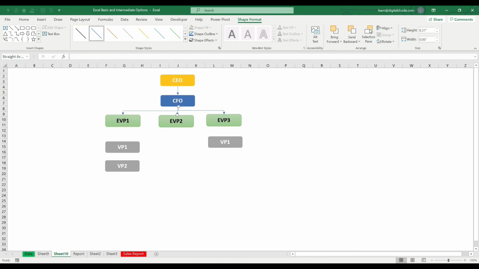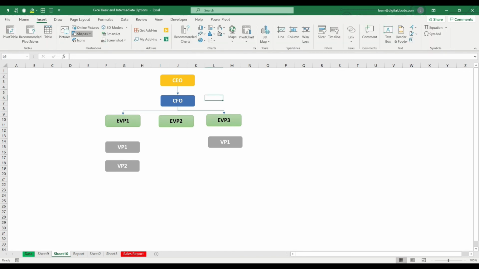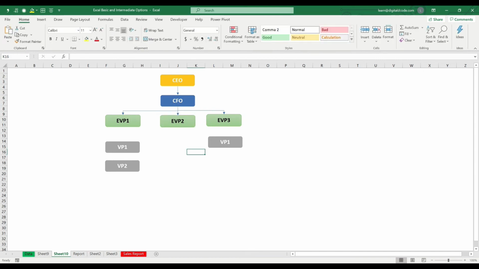So if you see here, it's not connected properly. Sorry, let me do it again. From this to this. Okay, so now I connected all the three.